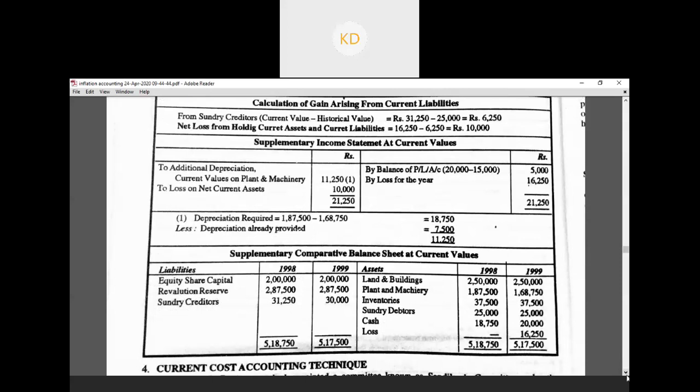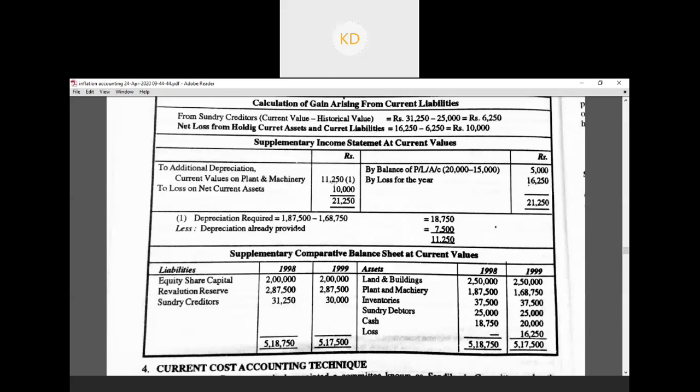So the balance which we have in P&L account, the P&L opening balance. Actually, it is not necessary that I write the difference here. I can write your opening balance and write your closing balance. That is also possible. So how we do in funds flow statement, we write opening balance on credit side, closing balance on debit side. That way also if you do, it's fine. So 20,000 you can write on credit side, 15,000 you write on the debit side.